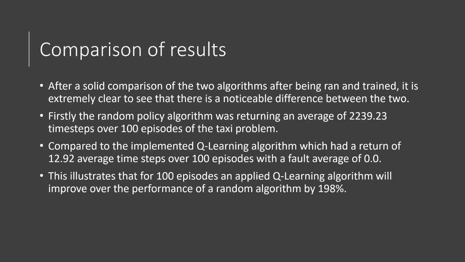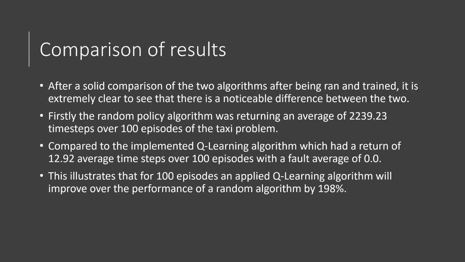So to compare the results and the randomness to the Q-learning algorithm, after running and training both of them, it's extremely clear to see that there's no noticeable difference between the two. There is a noticeable difference between the two, sorry. Firstly, the random policy algorithm is returning an average of 2,239.23 time steps over 100 episodes of the taxi problem. Let's compare this to the implemented Q-learning algorithm, which had a return of 12.92 average time steps over 100 episodes